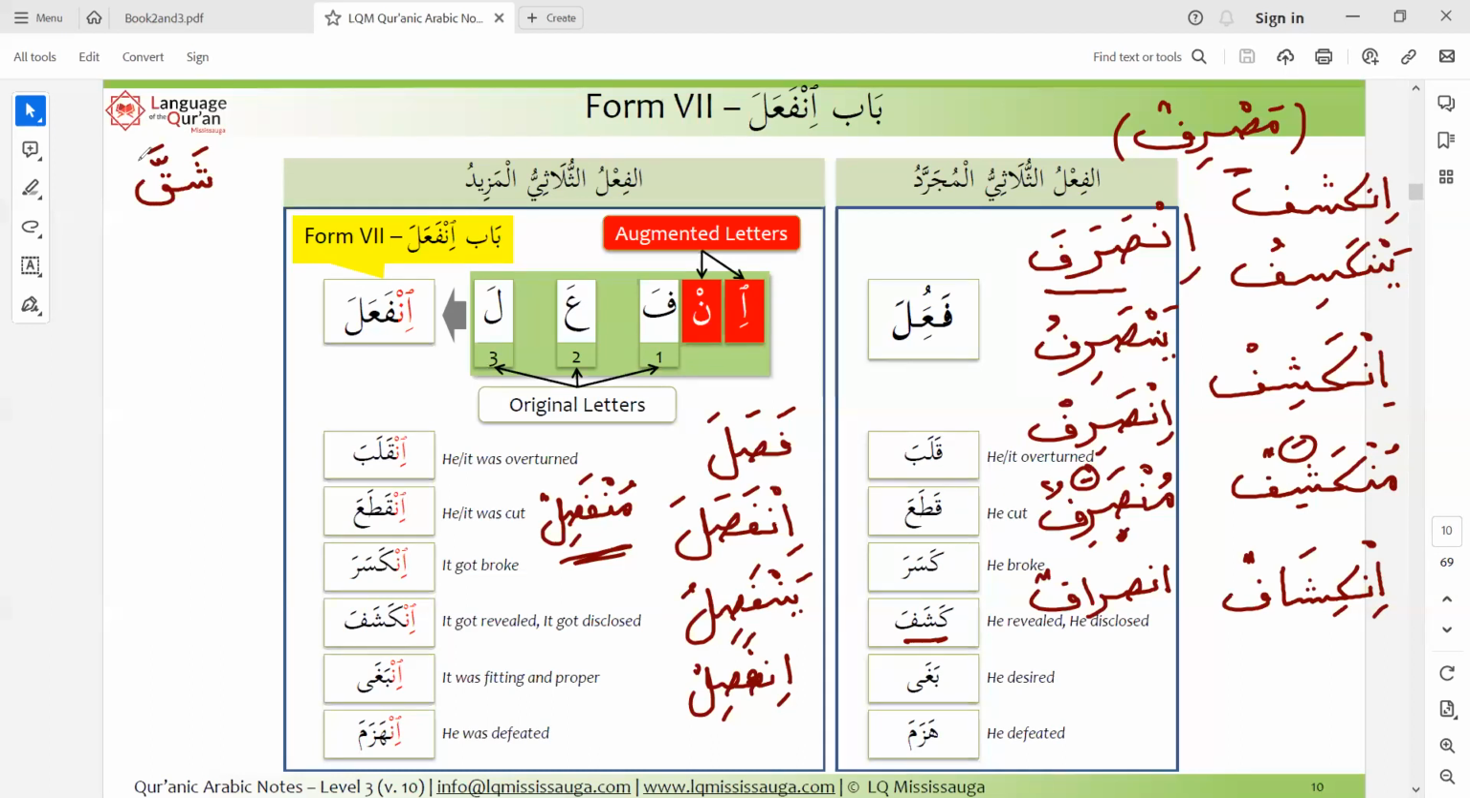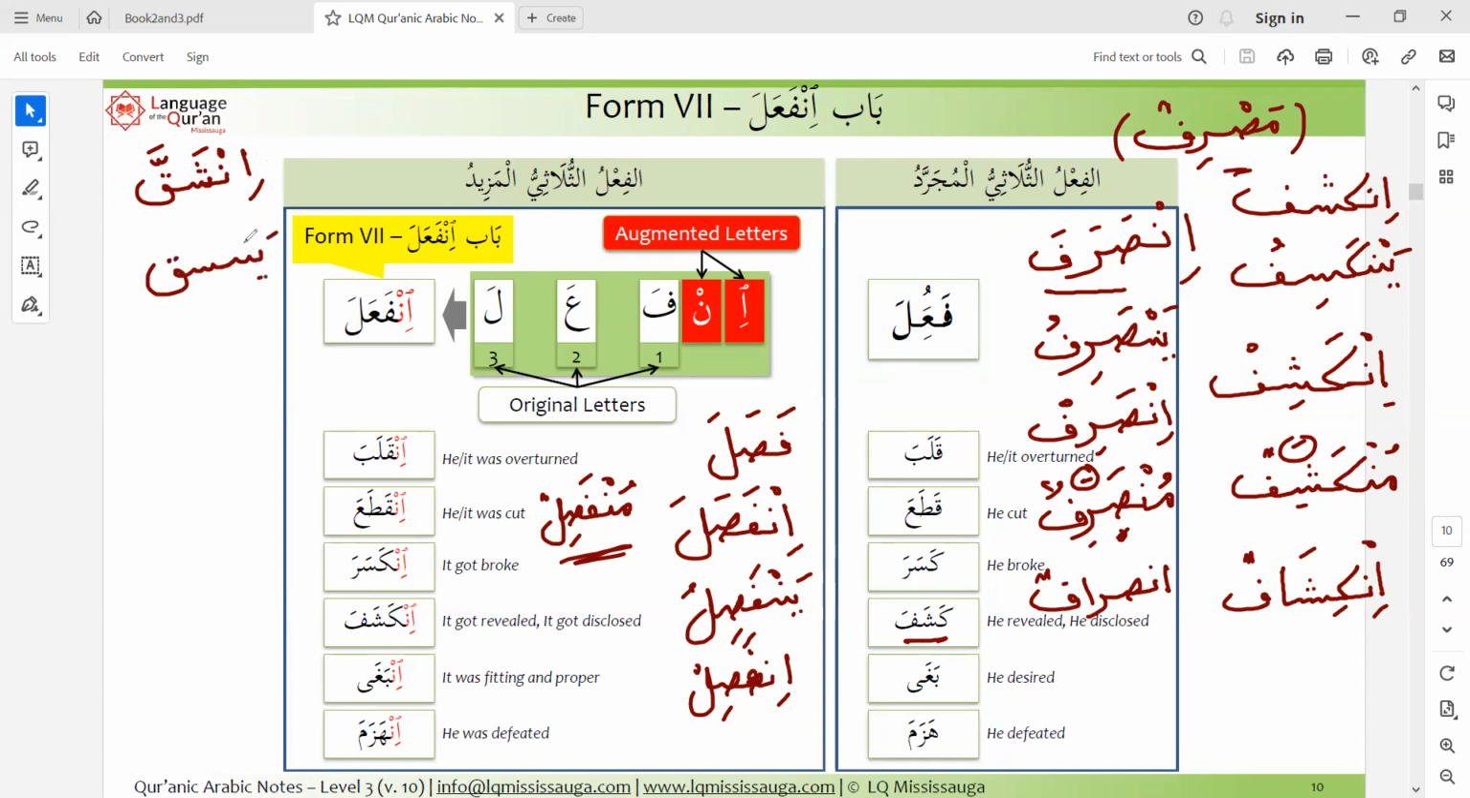Break into two. Fatala: the act of breaking. He broke something. Shaqqa means to split also. Now, if we add alif noon, then what we get is inshaqqa, it was split. Inshaqqa al-qamar. And then the mudari'a is